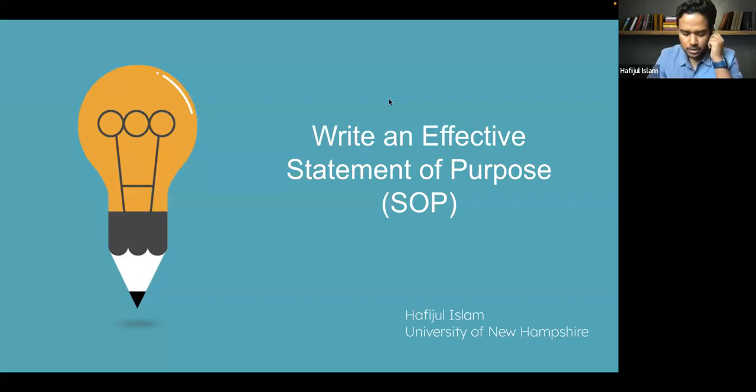Hello, everyone. So today, as Sababhai mentioned, I will talk about how to write an effective statement of purpose, or SOP. Statement of purpose is one of the most important documents you provide for the grad application. There are several others, like CV and letter of recommendation, and obviously your transcript, but SOP is one crucial element where you will write about yourself, your journey, and your academic interest, obviously relevant information where the